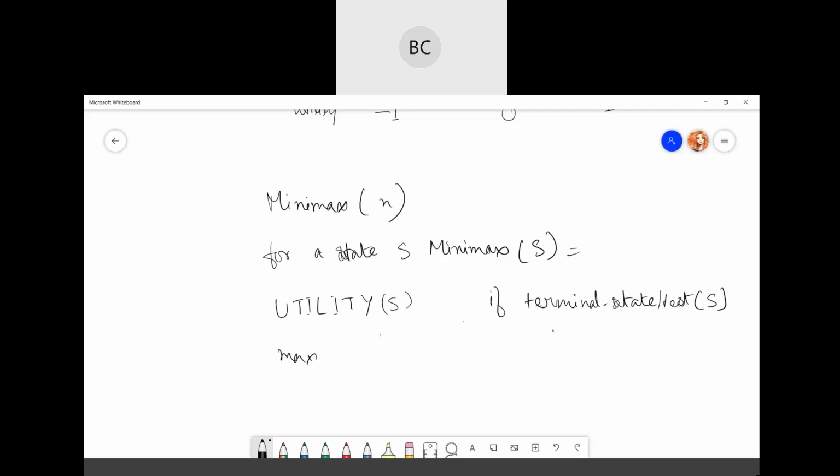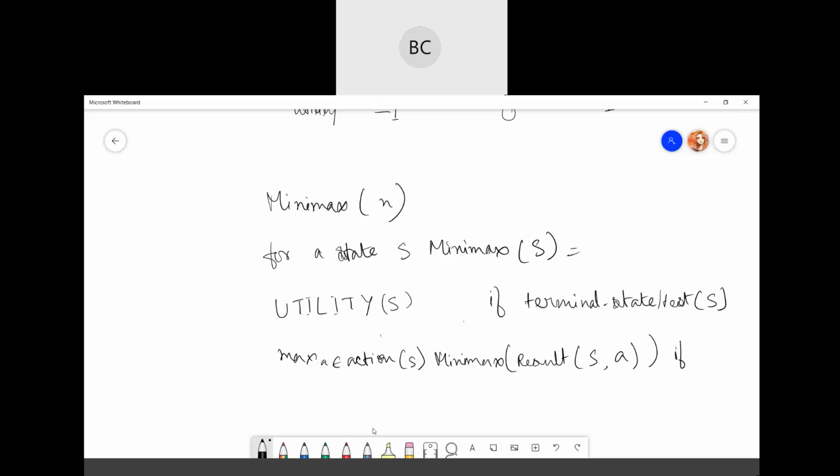Then we have max of a, where a belongs to the actions for that particular state S, of Minimax of the result of that particular state S and the action you have taken, a.